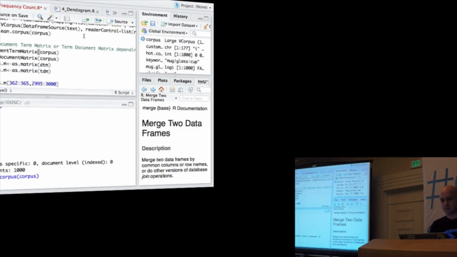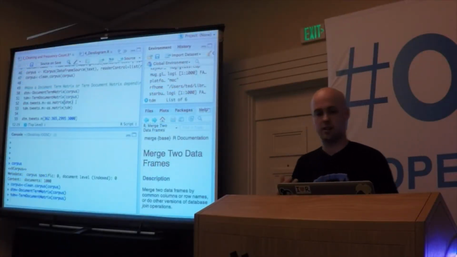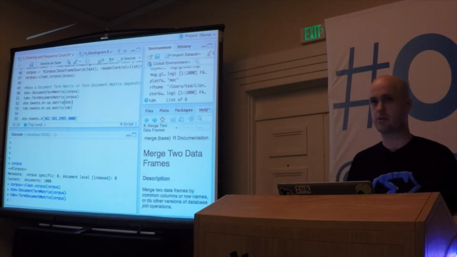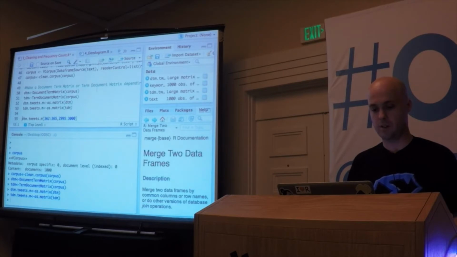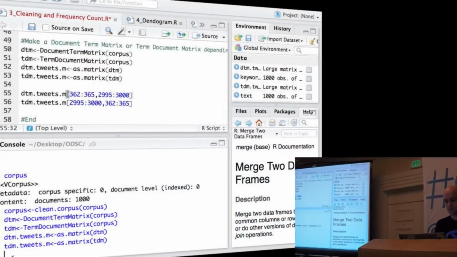So I'm going to create both the document term matrix and the term document matrix, and then treat them as matrices. They're held in a different class, a simple triplet matrix, I think it's called, which is kind of a pain to work with. But here I'll show you. So now that they're actual matrices,